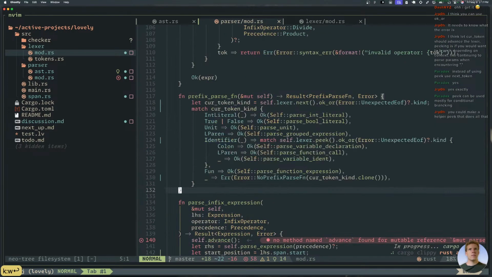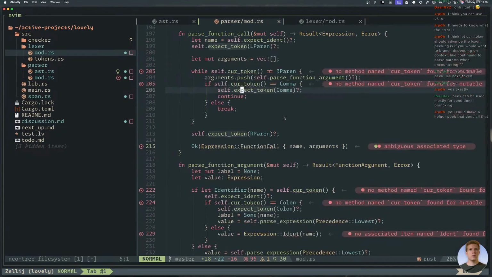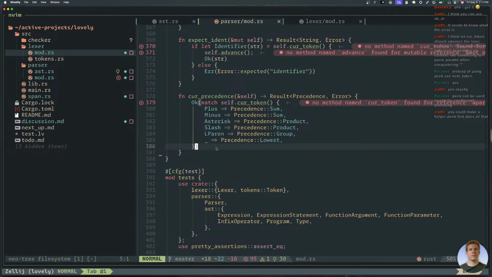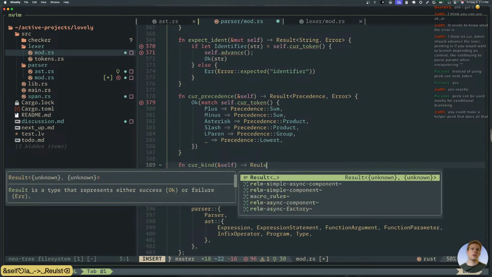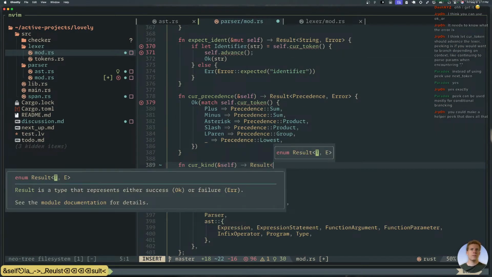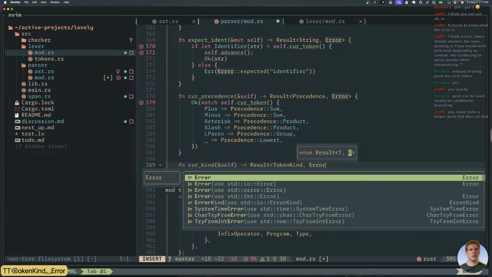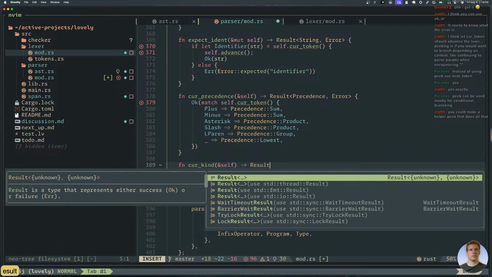Yeah, I thought about that. Should I? Maybe I just will. I'll make a little method down here. I'll say cur kind, because usually we just want to return the kind, right? It'll be a result of token kind. Or actually, no, it doesn't error. Yeah, it does.